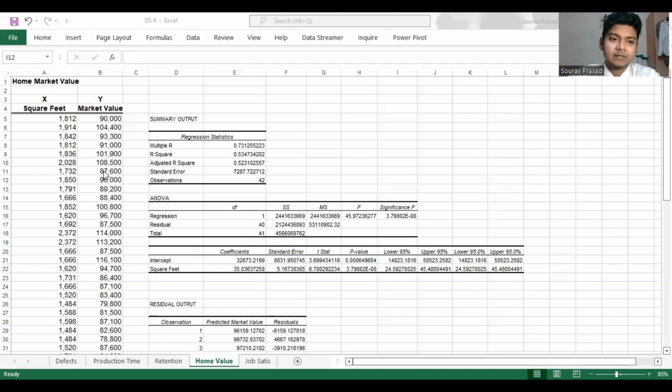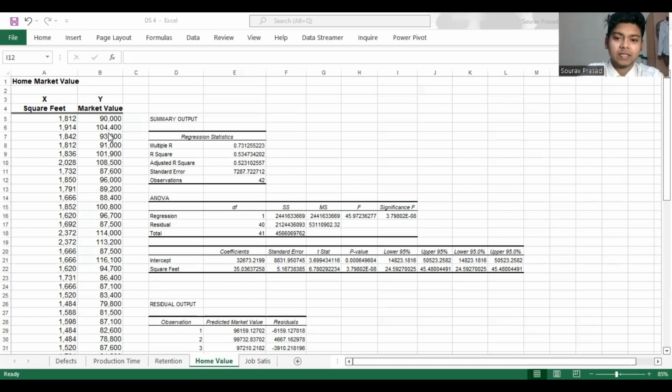Okay, so let's have this chart here. We have this spreadsheet, which is the home market value. We have the dependent and independent variables, X and Y. Market value is the dependent variable and square feet is the independent variable. The market value is totally dependent on the square feet, as we know. The value of the market depends on the square feet of the land. So to understand the relation between these two variables,